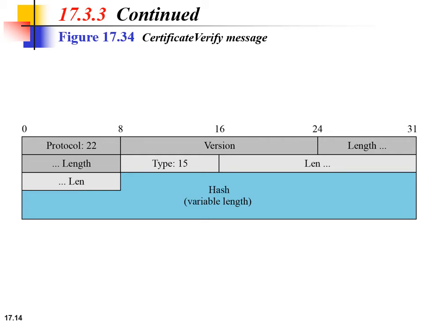Certificate verify message. The certificate verify message is the last message of phase 3. In this message, the client proves that it actually owns the private key related to its public key certificate. To do so, the client creates a hash of all handshake messages that are being sent before this particular message and signs them using the MD5 or SHA-1 algorithm based on the certificate type of the client. So basically this is the format of certificate verify message.